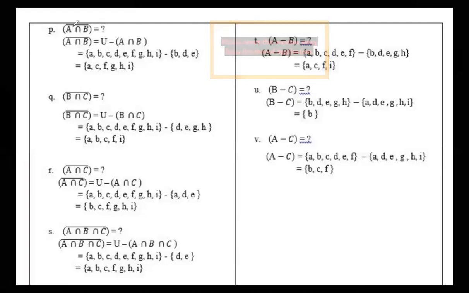So A intersection B whole complement. I have already told you how to do it. The answer was already there of A intersection B. Put the value of intersection. B and B is common, D and D they are common, E and E they are common. I will send you the recorded video, so watch that. What are the remaining numbers? A is there, C is there, F is there, G is there, H is there, I is there. This is our answer. Let's do this one like that too.